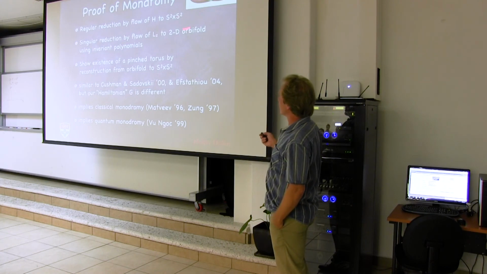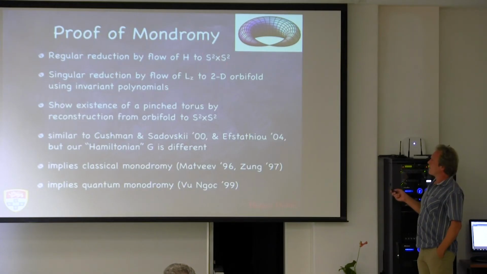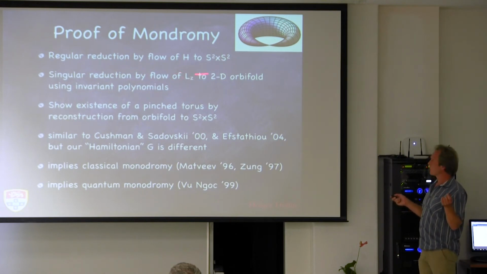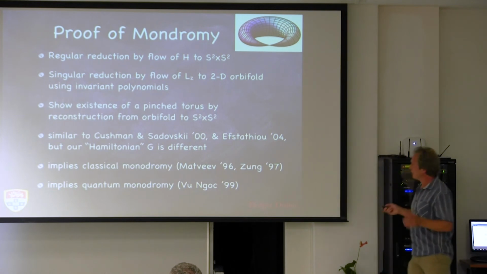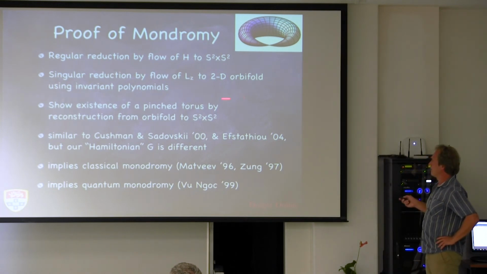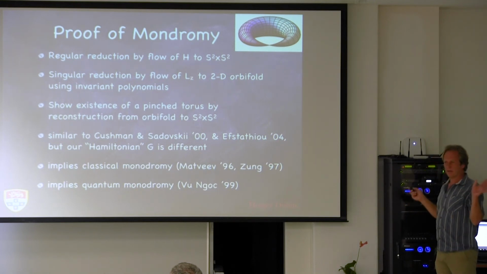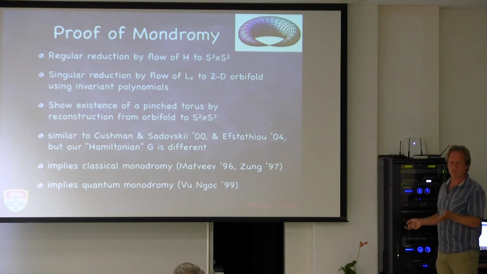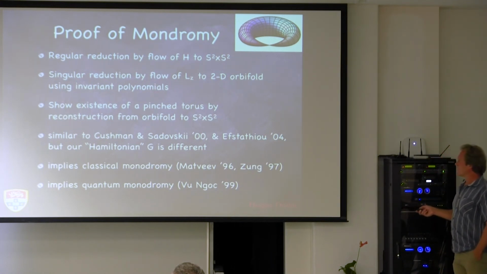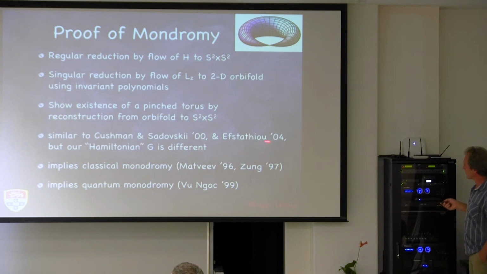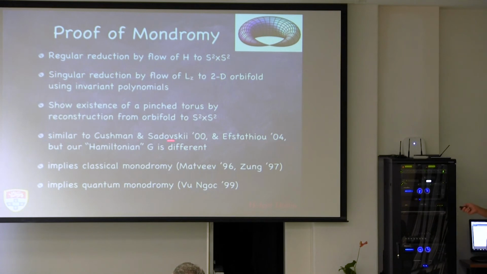We have to analyze the system on S2 cross S2. It has one other global S1 action, the Lz, and so we quotient by that again. If you quotient by that S1 action, you get an orbifold, but it doesn't cause any problems, and you can analyze everything explicitly and show that there is this non-degenerate focus-focus point. This is very similar, and I already mentioned that, to work by Cushman, Sadovskii, and Efstathiou,